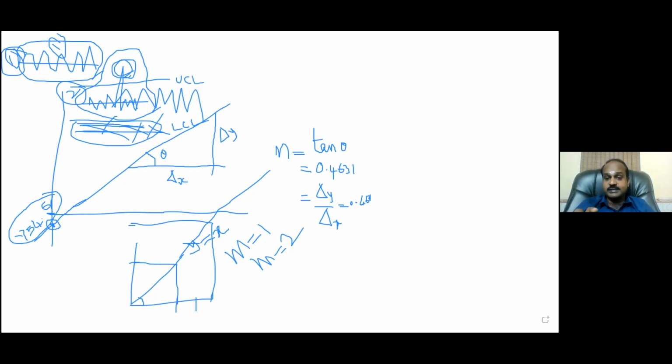What I'm trying to say is, don't think that if every point is inside the control limit, your process is under control. Still, I have a suspicion. 40 students are inside the meeting. Still, I suspect a few students may not pay proper attention to me. Am I correct or not? Yes, sir. Same way. Even if all the points are inside the control limit, still there could be a special cause. You should be able to think in a mature manner. How do you predict then?